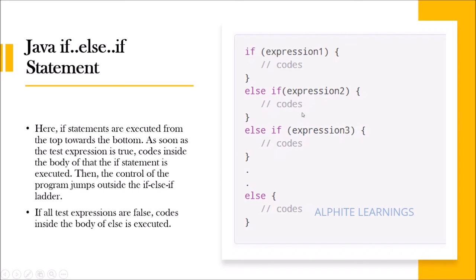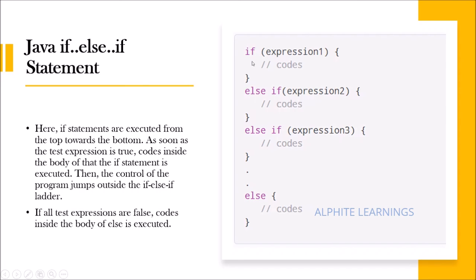So else if that condition is also not true, let us say it comes for 80 to 85, then it goes to C grade. So likewise you can add else if conditions. And then we come down to 50 percentage. If anyone is below 50 percentage, then they have to reappear for the exam.